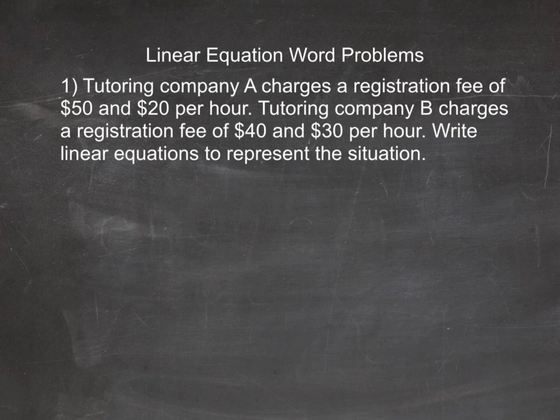Tutoring company A charges a registration fee of $50 and then $20 per hour, and tutoring company B charges a registration fee of $40 and $30 per hour. I just want to write the two linear equations to represent the situation. So my total cost, and I should also define my variables. So here I'm going to let x equal,